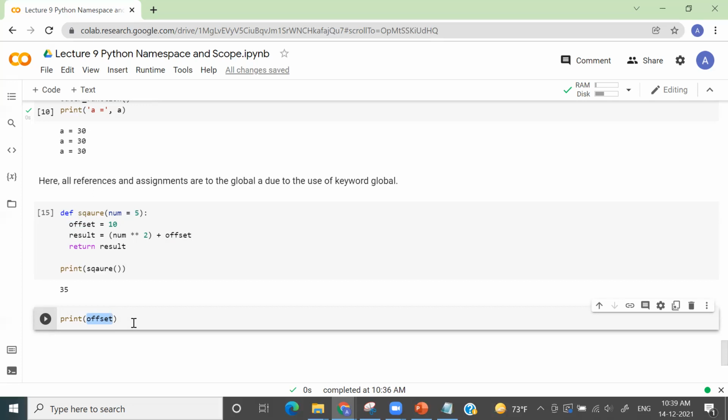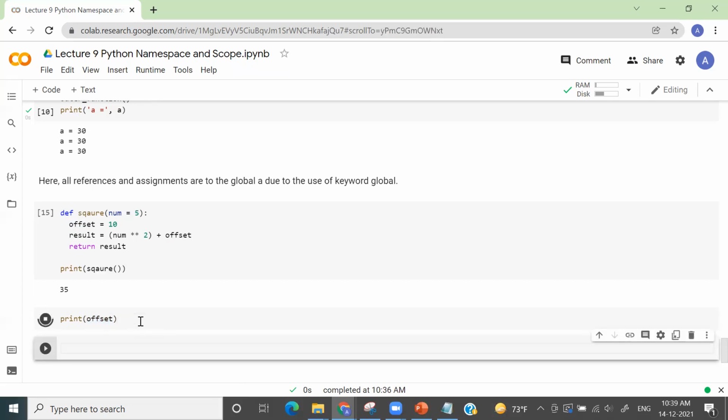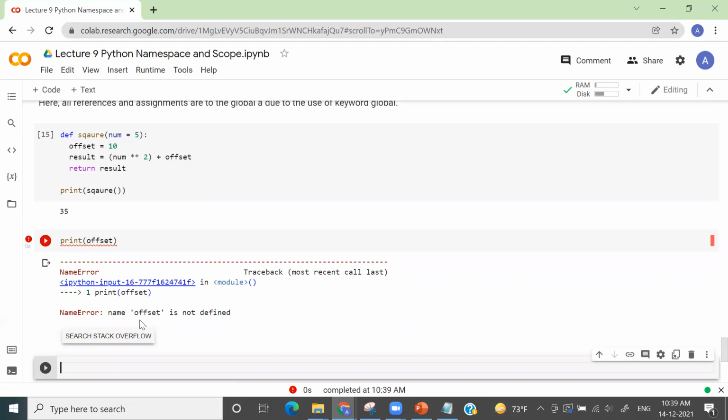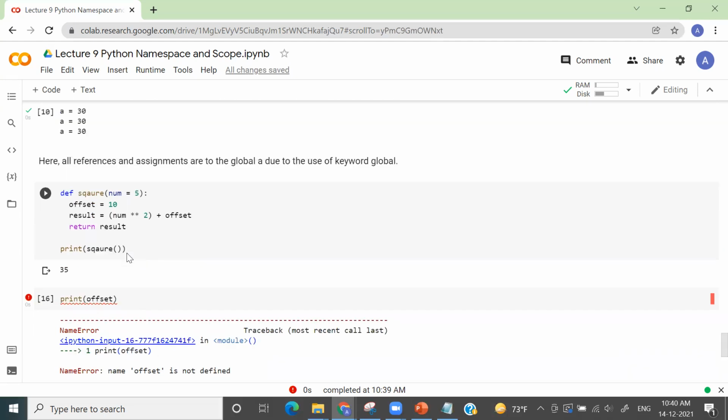That is our thinking. But let's see what Python has to say on this. Python says that offset is not even defined. Python doesn't know any variable named offset. So now we need to think why it is saying so. There's a concept called scope of a variable in Python, in any programming language.